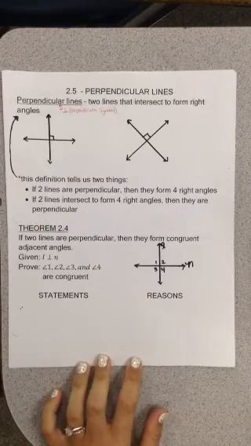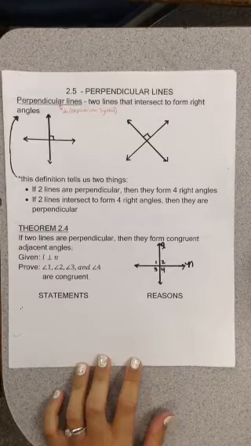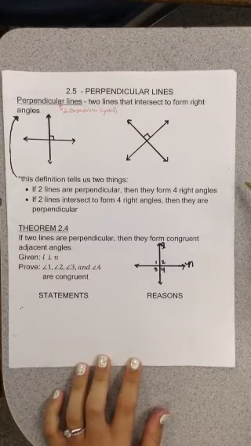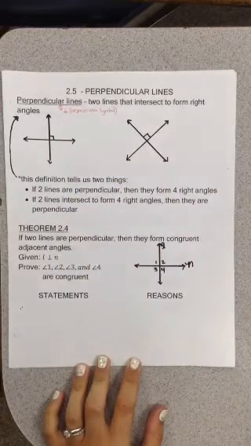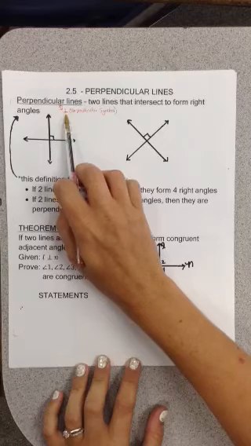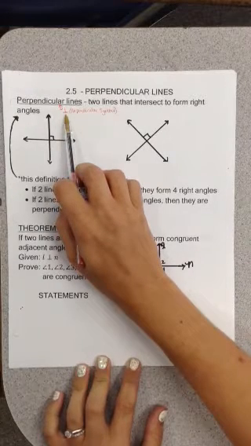Okay, class, today you were supposed to learn about section 2.5, perpendicular lines. So the note started out with the definition of perpendicular lines. They're two lines that intersect to form right angles. This little symbol here is the perpendicular symbol, so instead of writing out the word, you'll often see that used